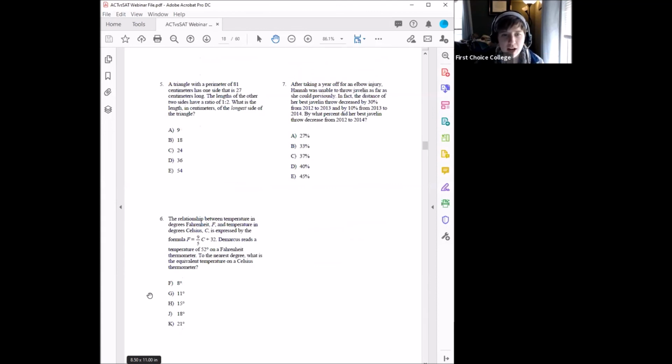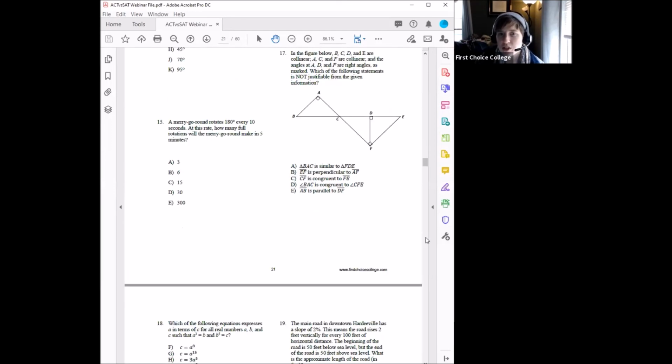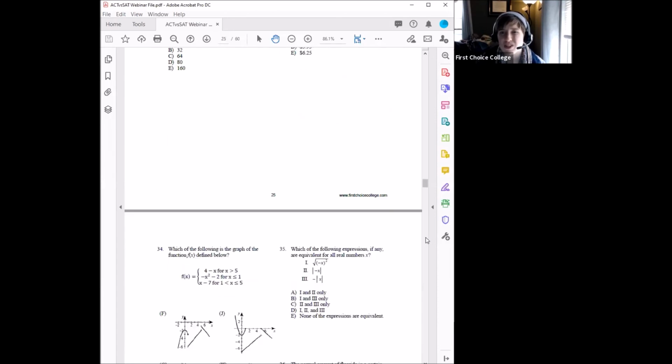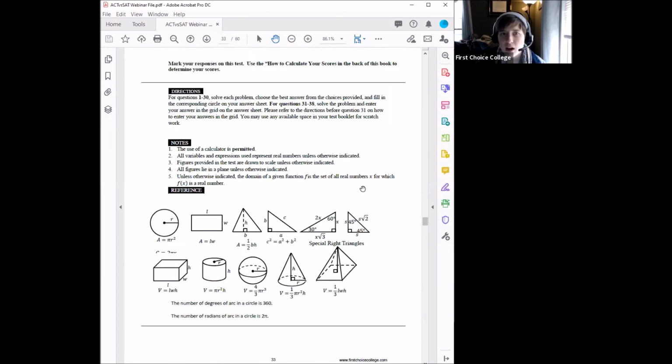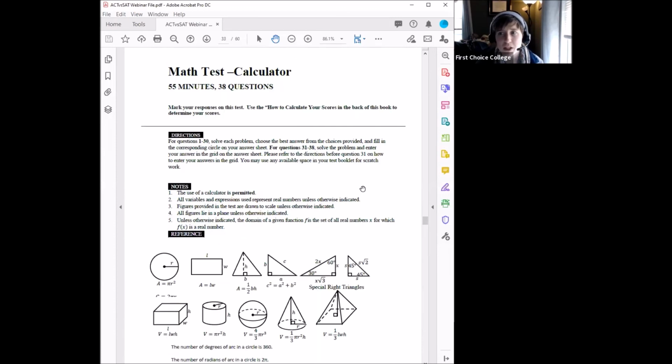Ratios. Here's Fahrenheit on thermometers. It's by what percent did it decrease from here to here. Even if you don't know how to do it, you know what you are supposed to do in some way a lot of the time on ACT questions. The SAT questions, on the other hand, tend to be trickier. The math itself may not be horrifically complicated, but the questions are a little different.